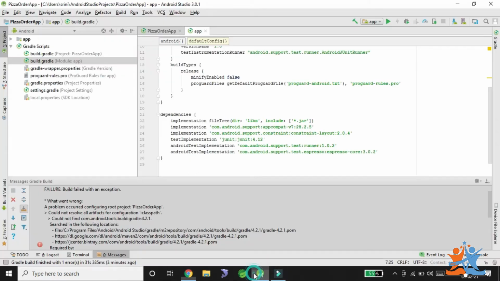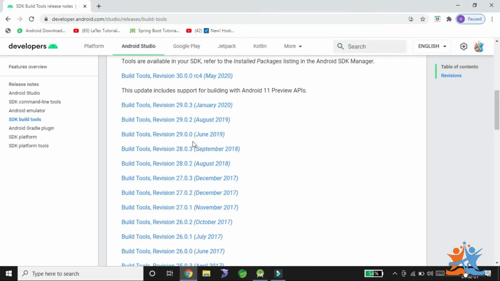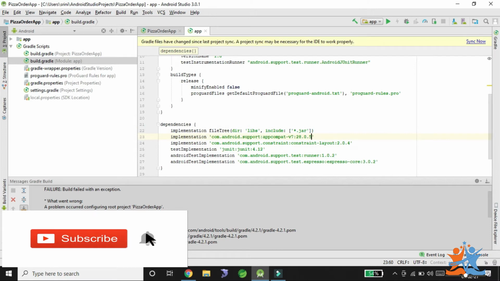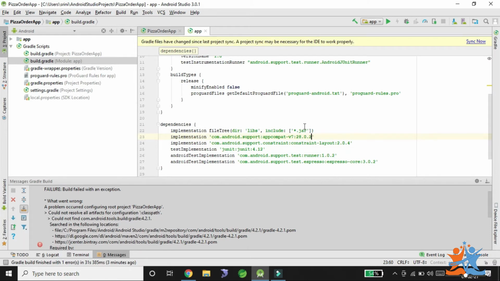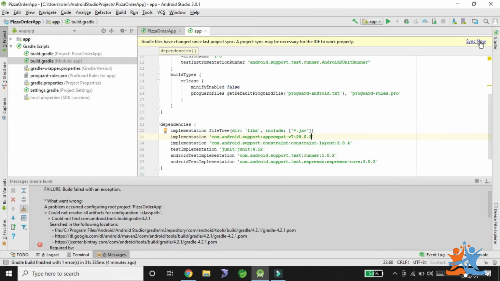If you observe here, we have 28.0.3, but in my Android Studio I have placed 22. We don't have any 28.2. So we need to check like this and modify appropriately. I need to change this one into 28.0.2. This compatibility is already available from 2018 onwards in Android. Whatever installed package SDKs you have, you can set it. After that, we need to synchronize the project. What type of problems we are getting, we can check here.